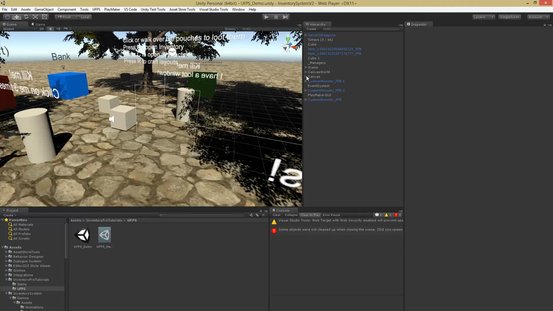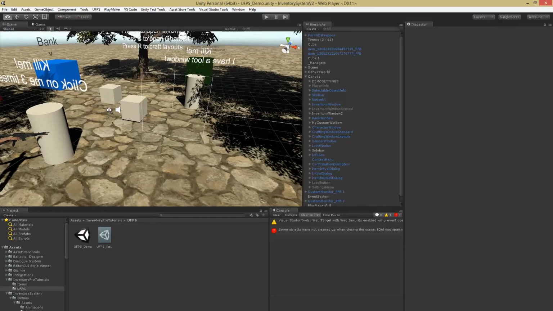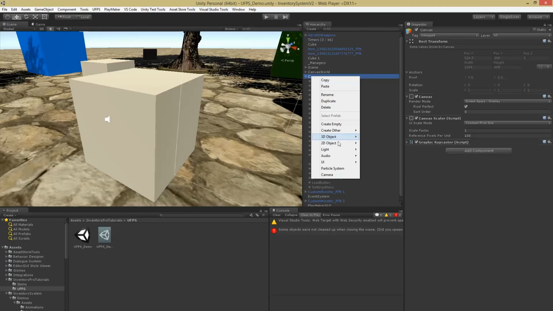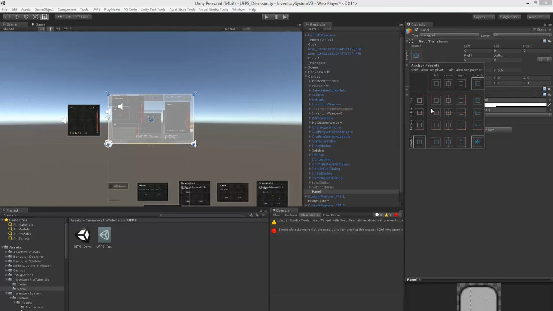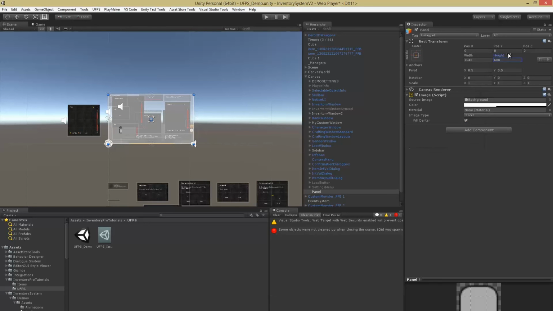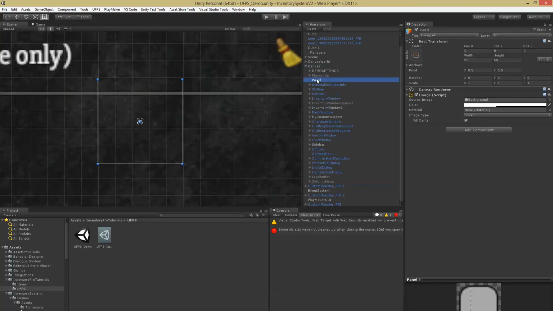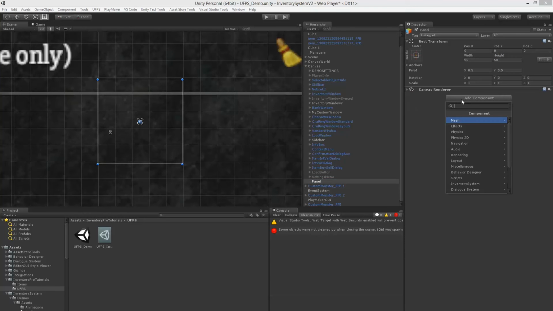What we have to do next is actually create a UI element that can display the first person triggering process. So once we look at this object and it's in the center of the camera, once we press F, we want to pick up this item, but we actually want to show this to the user. And for that, we actually have to create a new UI element. I'm just going to position this in the center of the screen. Something like 50 by 50. Well, let's just leave it here. I'm just going to disable this image, and what we want to do is add a